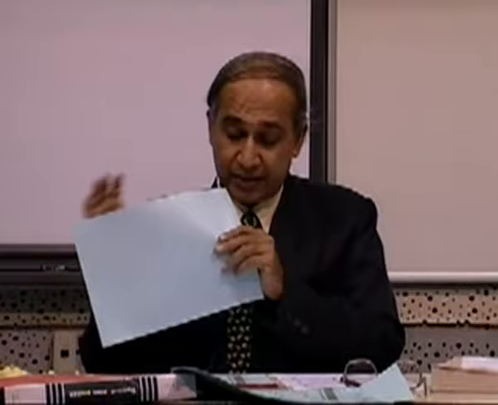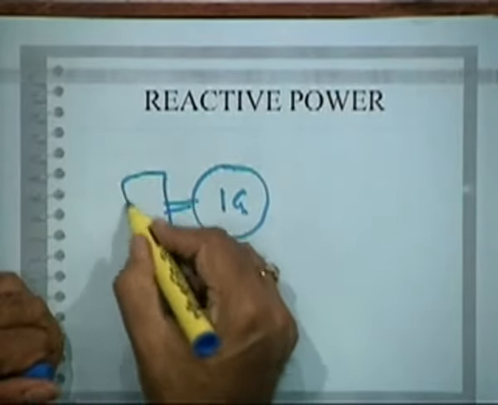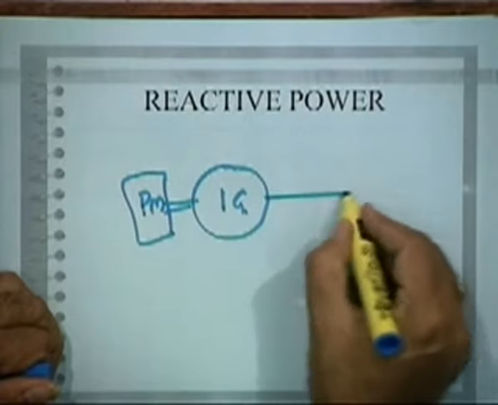Now one more thing here is, you must understand where the reactive power will come from. Active power is okay, because from the shaft, from the wind turbine, you are giving to the grid, but you require certain reactive power mainly to produce the flux in the machine, right? Wind will not give you that reactive power, or water will not give you that reactive power. Therefore, the interesting thing here is that you have an induction generator which is driven by a prime mover, right? You are feeding to the grid.